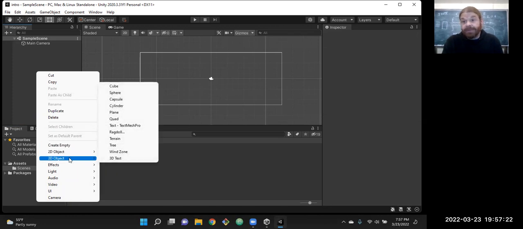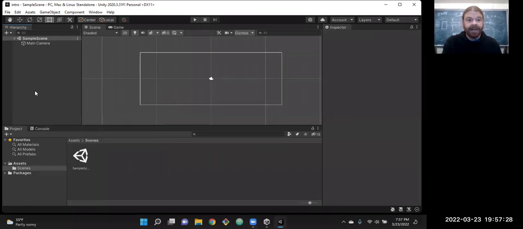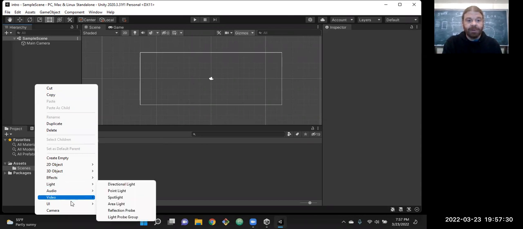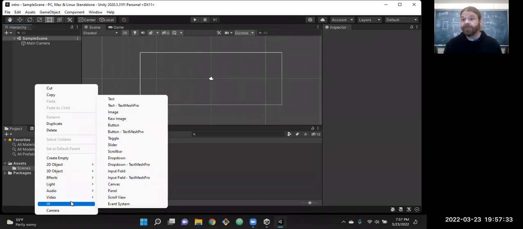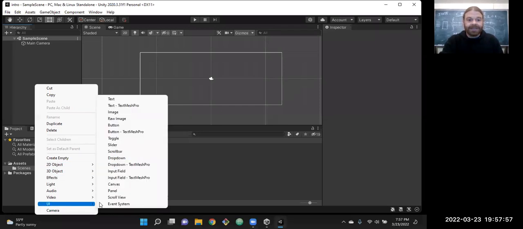There's more than one way to do everything in Unity too. There's multiple options. So right click in the hierarchy, and if we come down here, you'll see UI. That's the user interface panel we need for our game. I'm going to use those words a lot. So from here on out in the semester, if I say UI, I am talking about the component we put into our game. If I say user interface and actually say the whole words out, I'm talking about all of this stuff in Unity, all these different panels and how we control it. So hopefully that helps distinguish it a little bit easier.